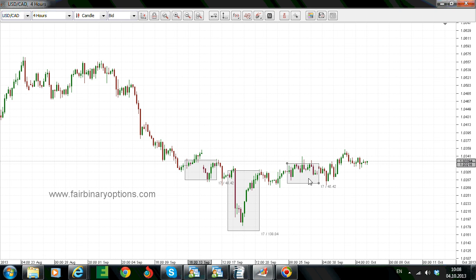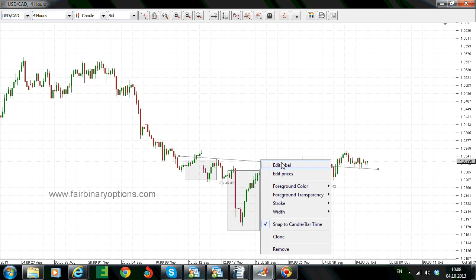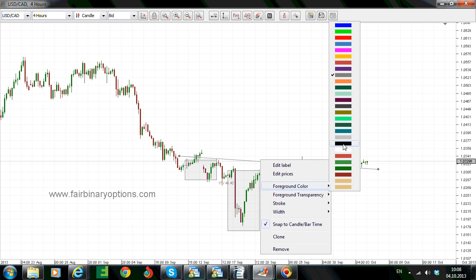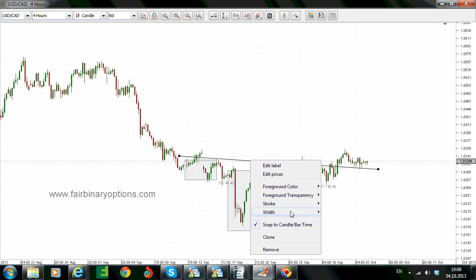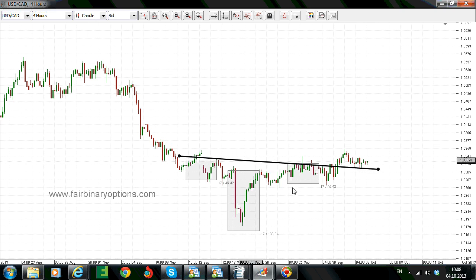like this. And normally any inverse head and shoulder is being treated in relation with the neckline. The neckline is the line that goes above the left and the right shoulder, and this is a difficult line to cross. Let me make it a bit bigger. A difficult line to cross, and usually after the neckline is being broken, usually it is being followed by